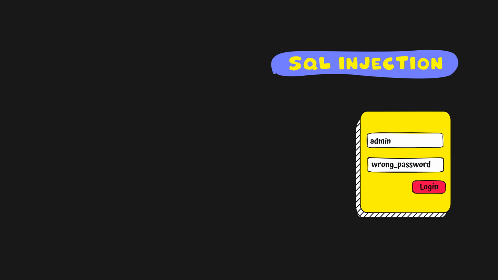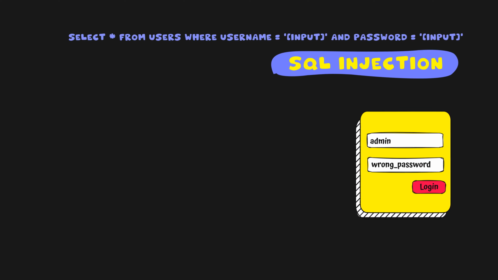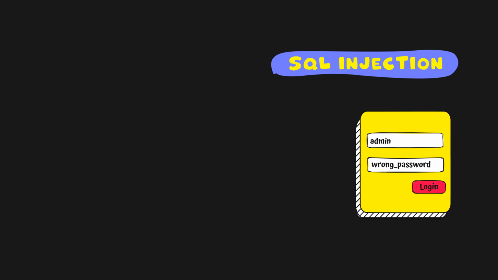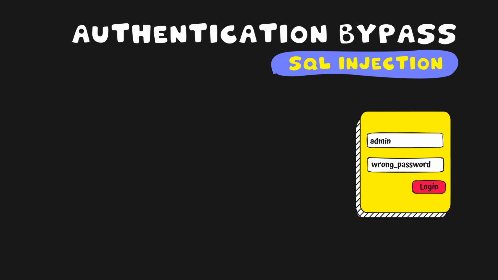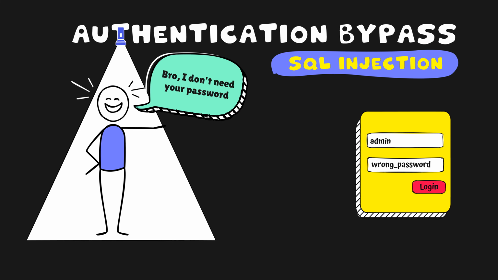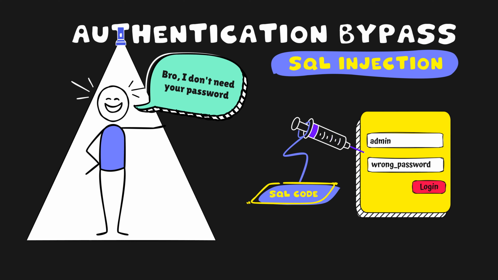Almost every login page you've ever seen is running the exact same query behind the scenes if the application has an SQL database in the background. And if that query isn't built correctly, you don't need a password at all. You just need the right sentence. In this video, I'll show you how attackers turn a login form into a wide open door using nothing but